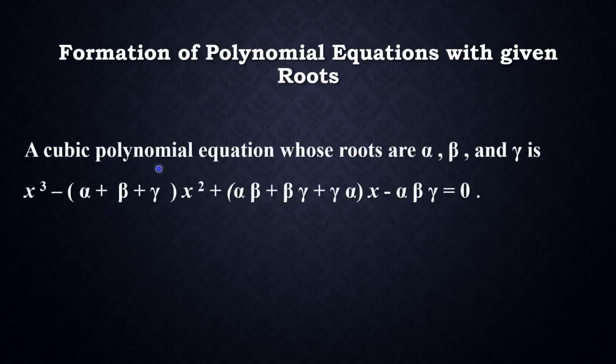Similarly we are going to do it for the three roots. A cubic polynomial equation whose roots are alpha, beta and gamma is, so இந்த மாதிரி 3 roots கொடுத்திருந்தாங்கன்னா நம்ம என்னென்ன கண்டுபிடிக்கணும்னா sum of the roots கண்டுபிடிக்கணும், next வந்து sum of the product of two roots கண்டுபிடிக்கணும், the last one is product of the roots. கண்டுபிடிச்சு how to substitute in this formula, that is nothing but x cube minus sum of the roots into x square plus sum of the product of two roots into x minus product of the roots equal to 0.